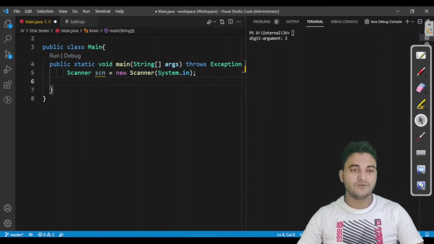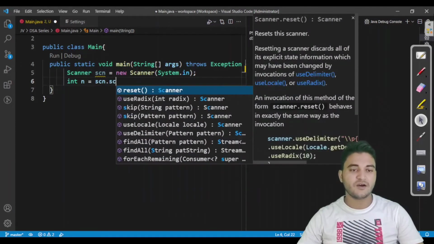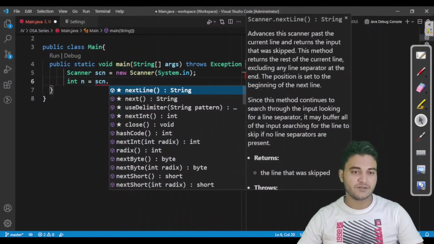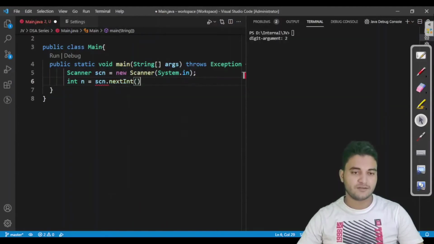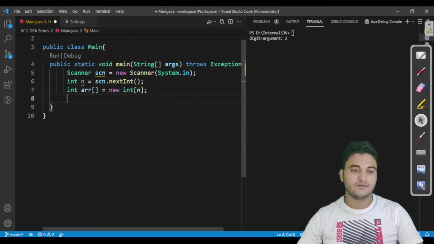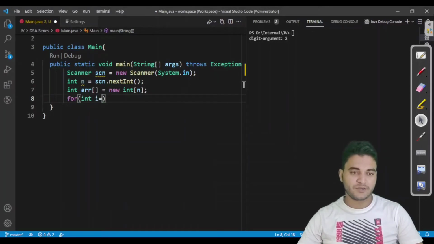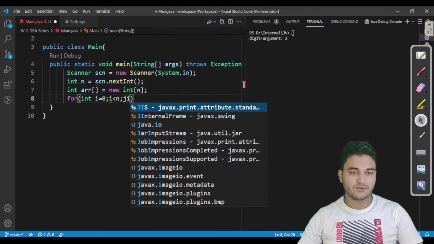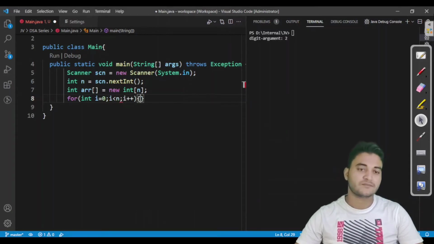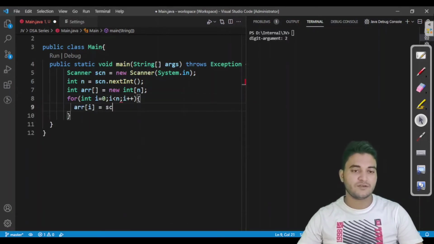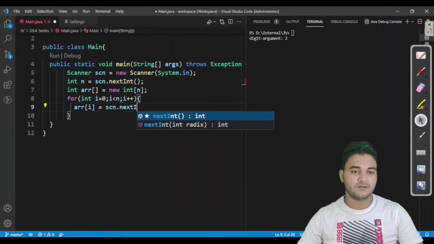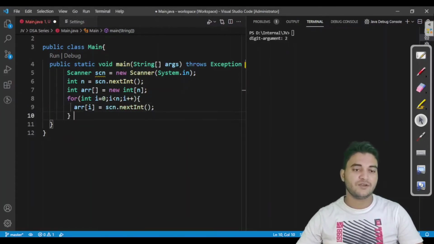Now you have to take a number which will state how many numbers will be there in the array, next int, and you will declare an array of n size, and then you will pick n numbers from the user console into the array. So arr of I, scn dot next int, fine. So this is the input taking part, nothing much here.